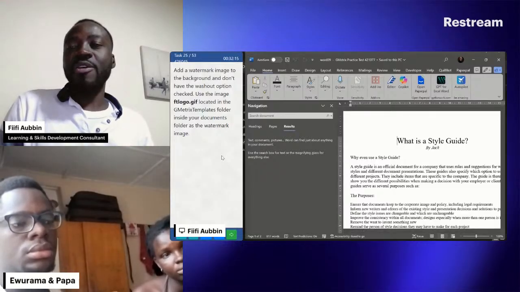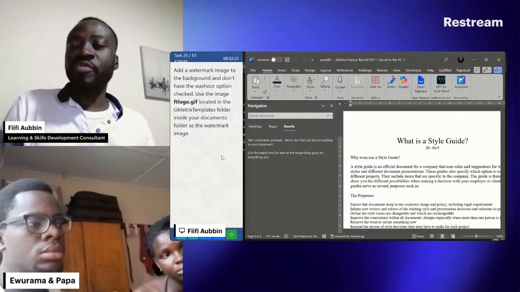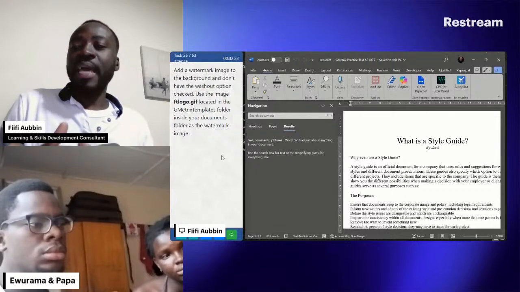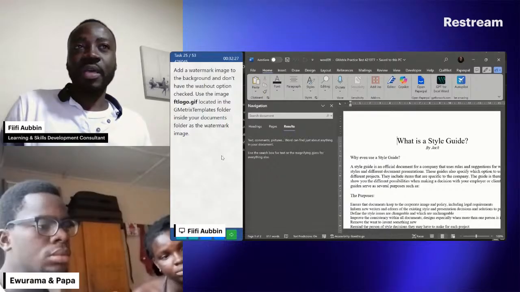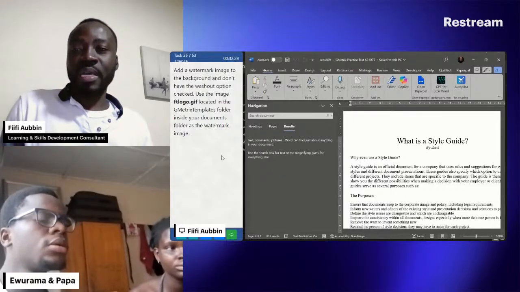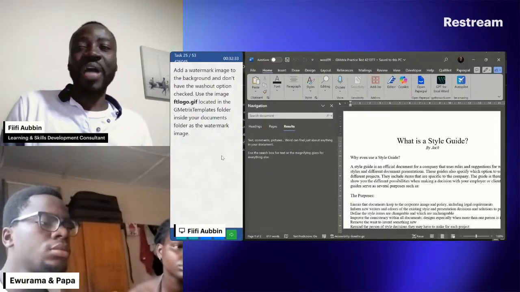The next is add a watermark image to the background and don't have the washout option checked. Use the image ftlogo.gif located in the gmetrics template folder inside your document folder as the watermark image. Okay, so add a watermark image to the background. So where do I click? Where do I go? If I want to add a watermark,